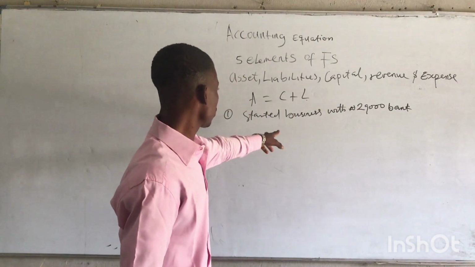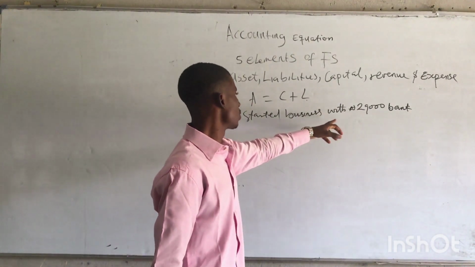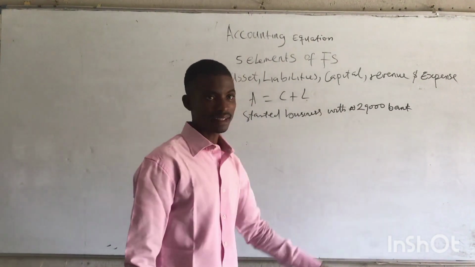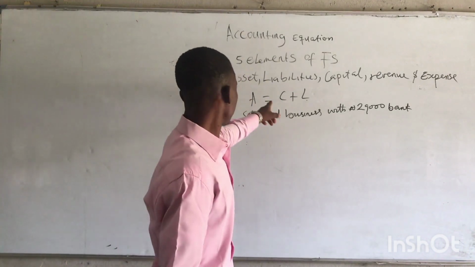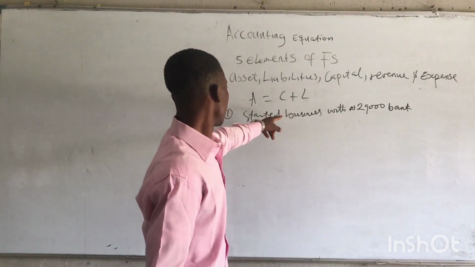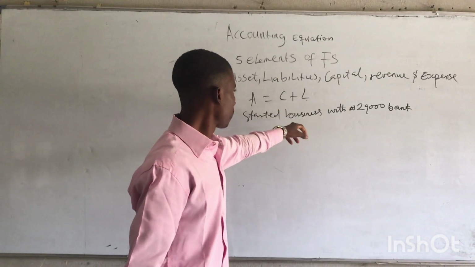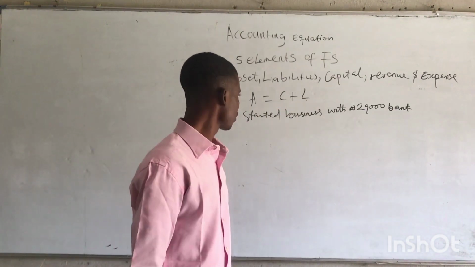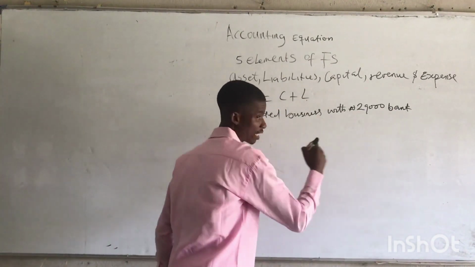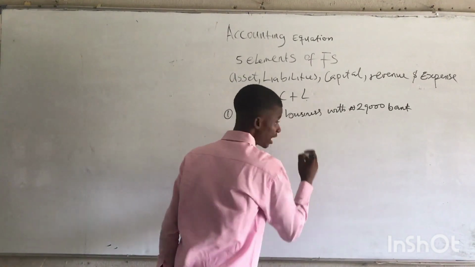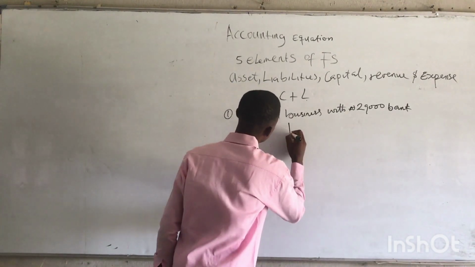Assuming you have a transaction that goes like this, started business with 29,000 bank. What is the effect of this equation on this transaction, and how are you going to post it in the statement of financial position? Assuming this is your statement of financial position, let's make use of the balance sheet. Assuming this is your balance sheet,